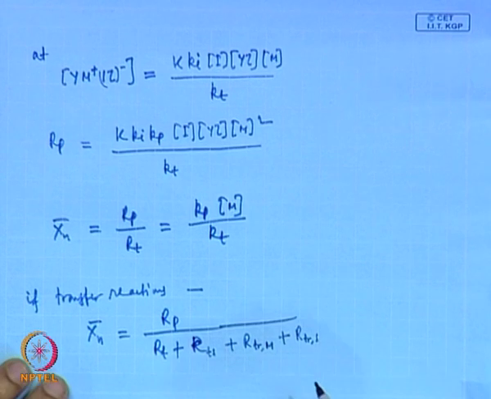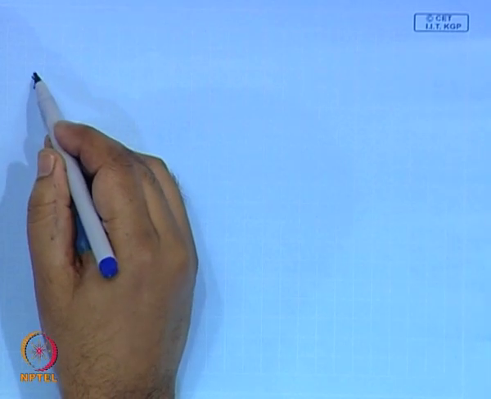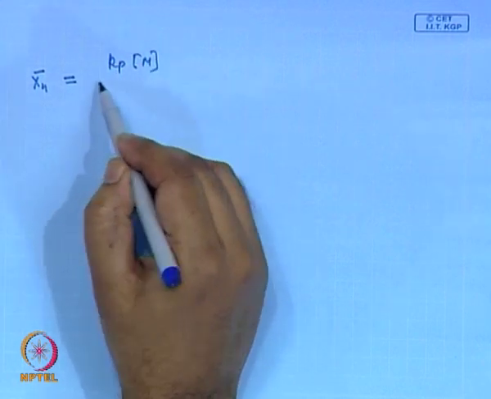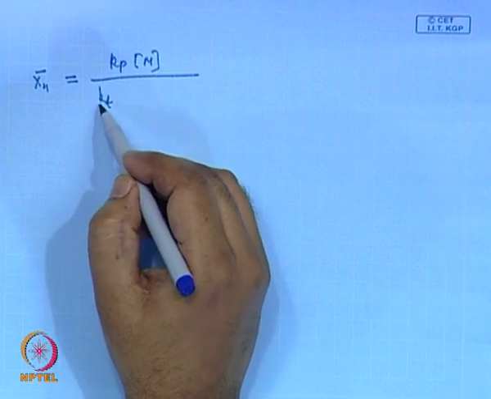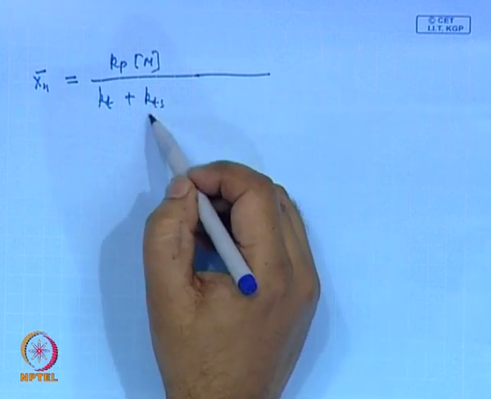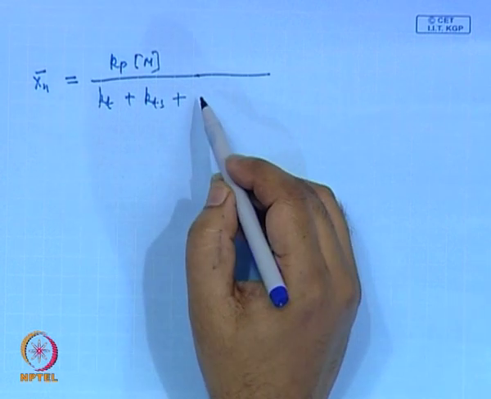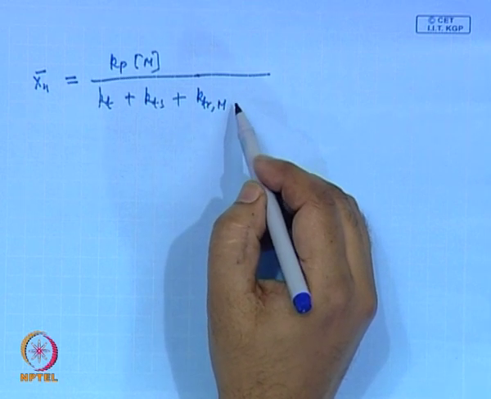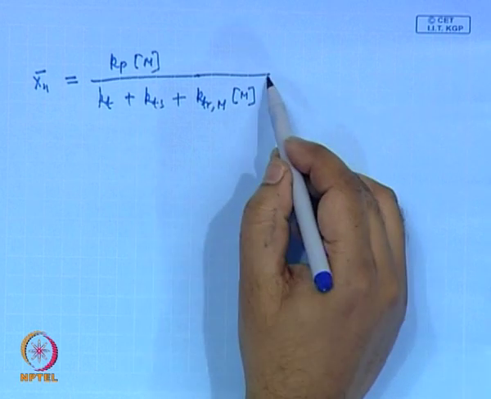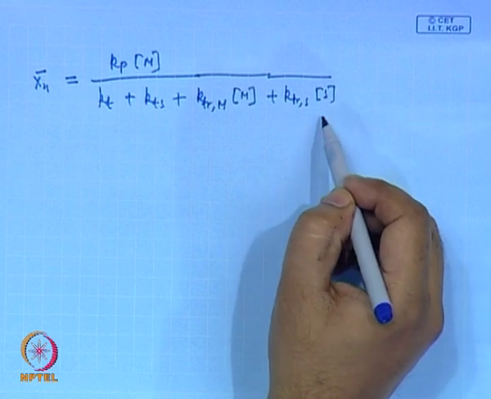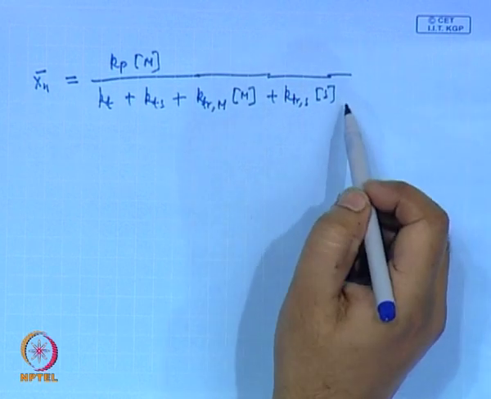So, we can simply write Xn as Kp M by Kt plus Kts, chain transfer to the counter ion, chain transfer to the monomer,